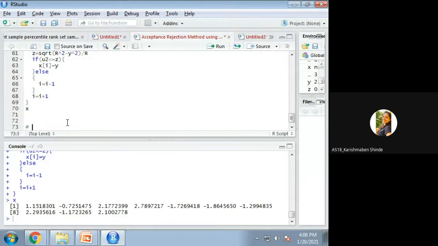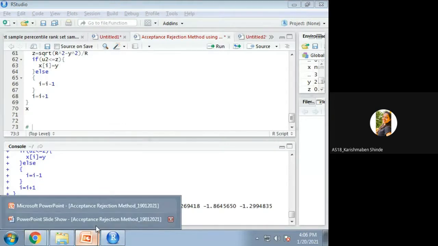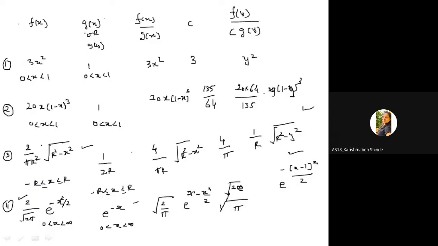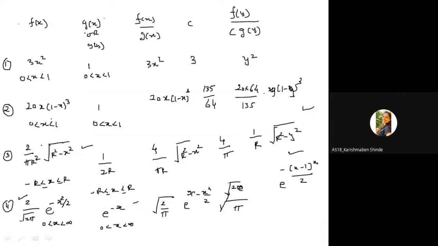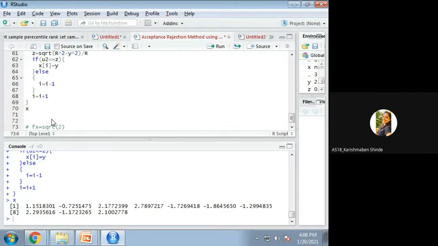What is the next? The next is the last one. If I wish to generate random numbers from this density, the density is f(x) equal to sqrt of 2 upon pi, or 1 upon sqrt of 2 pi, into e raised to minus x square by 2.